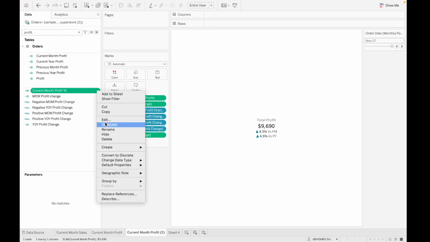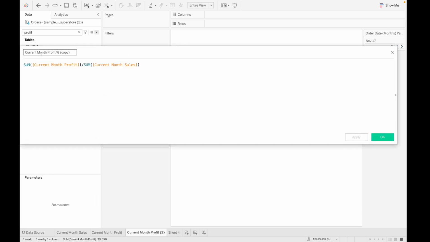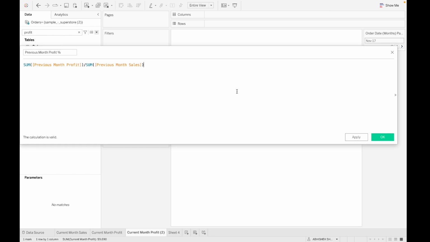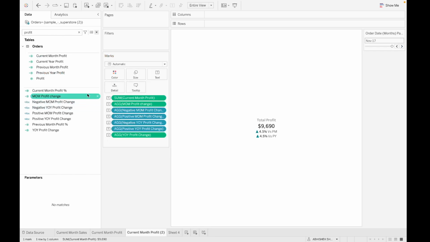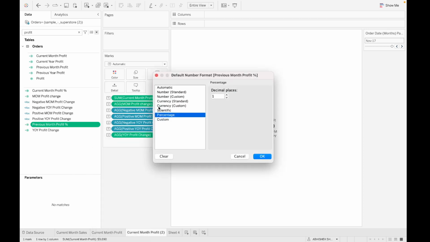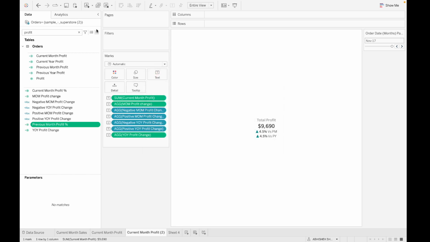Back here. Now duplicate it, edit, previous month profit percentage, change current to the previous, previous month profit divided by previous month sales, apply OK. Okay, now